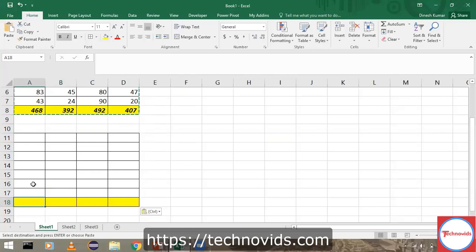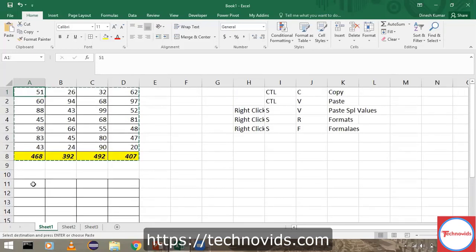Okay, so sometimes what happens, we'll have, let's say, 5 different tables in 5 different sheets, and I wanted all the 5 different tables to be configured or colored or formatted in the same way. You can't keep doing it 5 times, no? So you do it once and you copy that and go to the destination and say paste special formats. Then your data will be formatted as whatever you did for the first table.